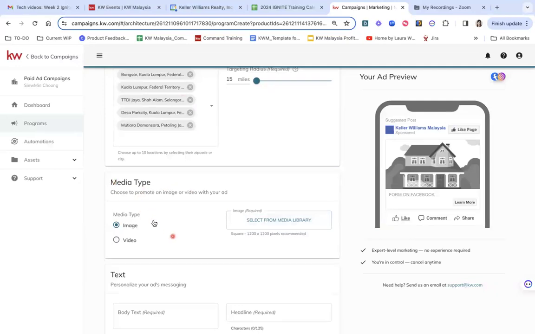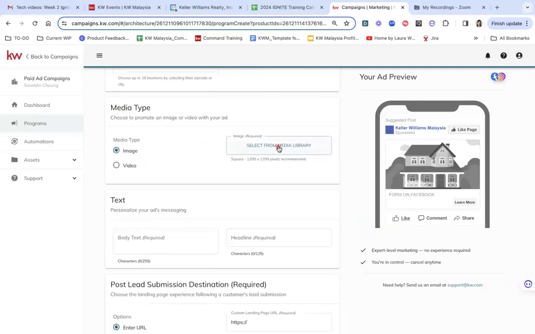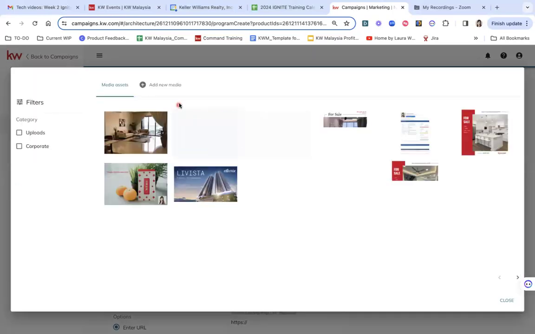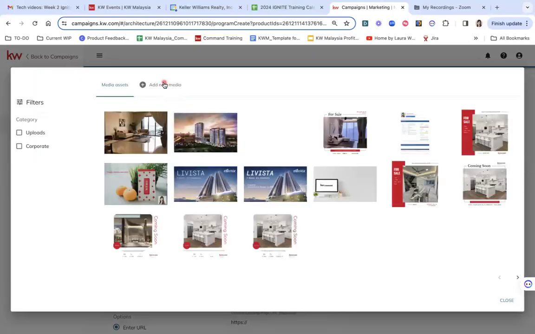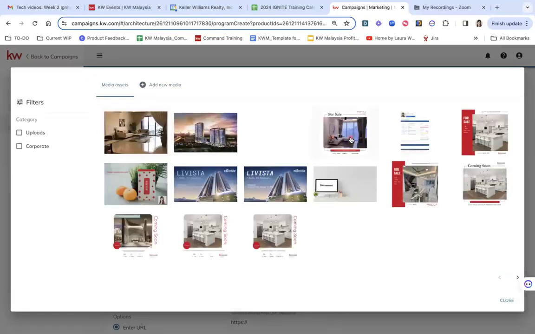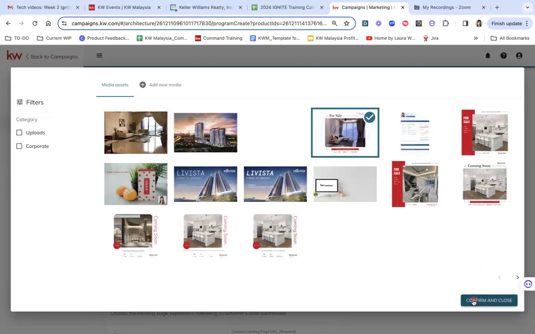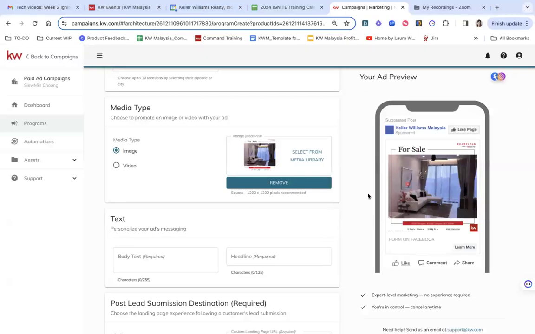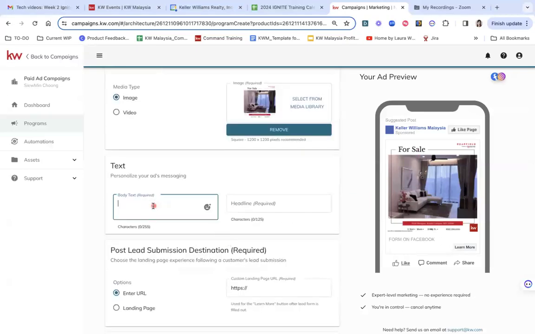Here you can see that for the media type, I will have to select from my library. You can also upload any photos that you have and would like to run ads with. Just click on add new media here and you can upload from your computer. In my case, I'm just going to select an ad that I created from designs in command. So click confirm. You can see my ad appearing here. And then at body text, I'm just going to say